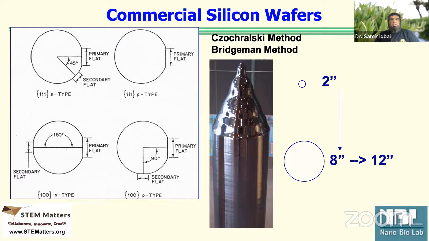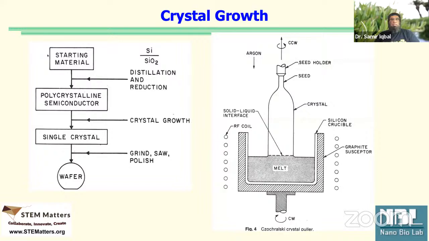I don't know exactly how we would do that. So we start with starting material, which is a silicon or silicon dioxide mixture. We heat it, do distillation, do reduction, remove oxide. We get polysilicon, melt again, and